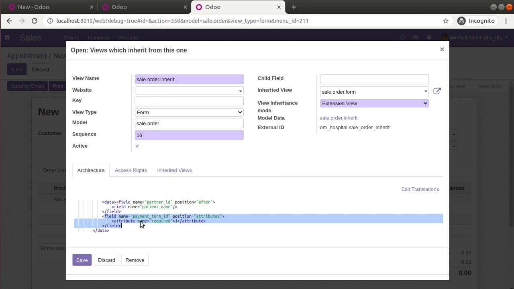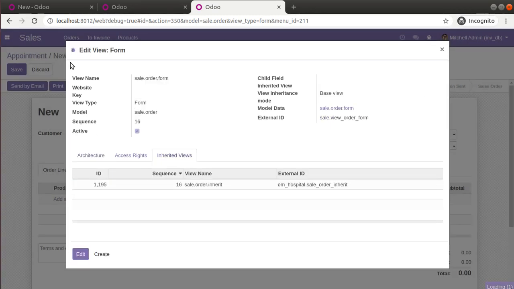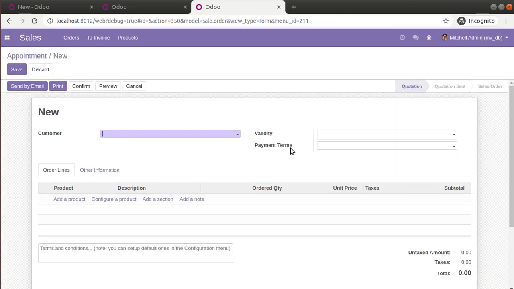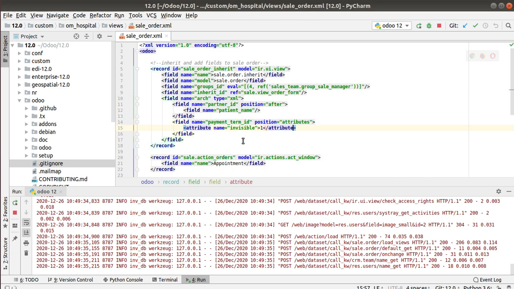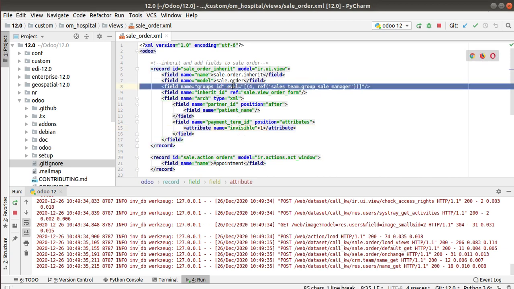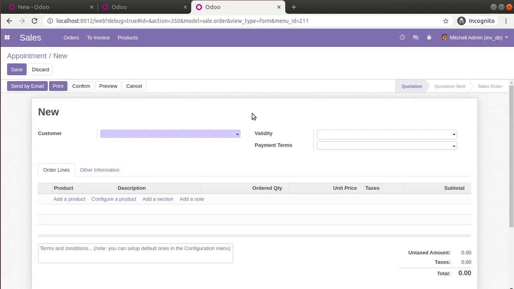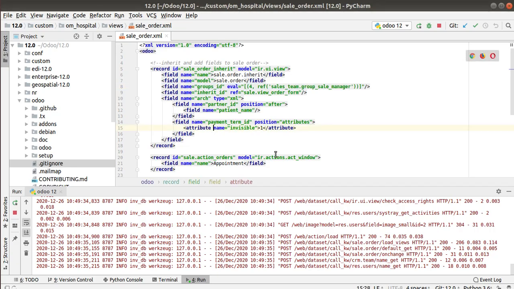Sorry, it is my mistake. What we have done was absolutely correct. So what I was checking for was my mistake. So you can see right now it's visible because payment terms is still visible, because it will be invisible only for the users inside this group. So right now the user is not inside these groups, so we are checking in a wrong way. So the things that we have done are correct.